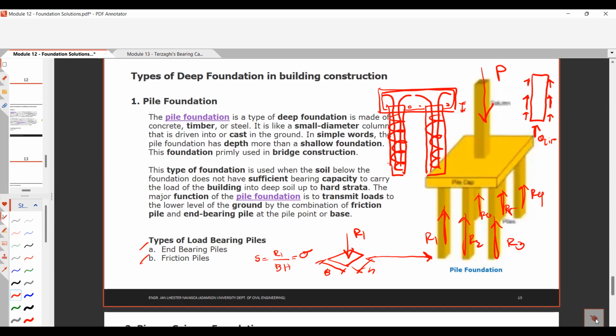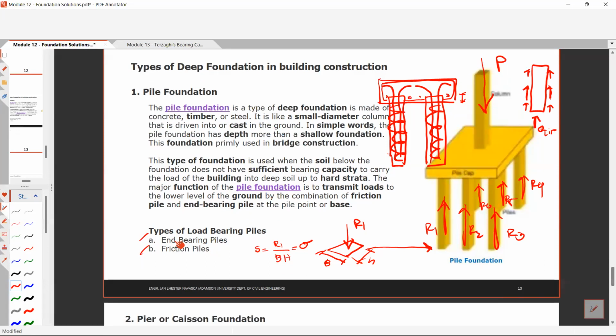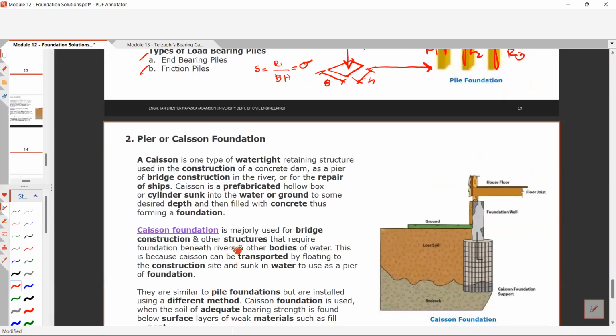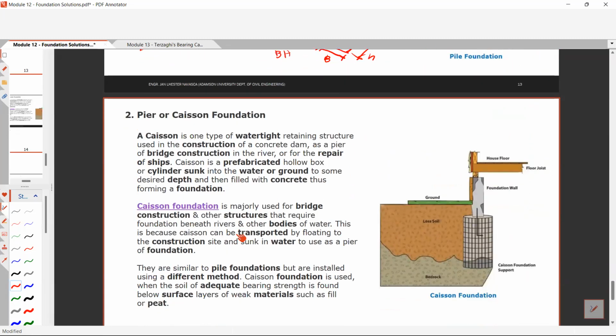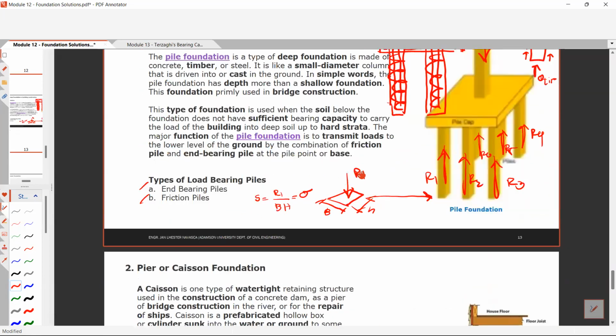So basically, the choice of load-bearing piles depends on the assumptions of the designer or the geotechnical engineer's recommendation. So number one is to use the end-bearing piles, and number two, use the friction piles. Okay, now for number two, we have a pier or caisson foundation. Okay, so for this one, for friction piles,